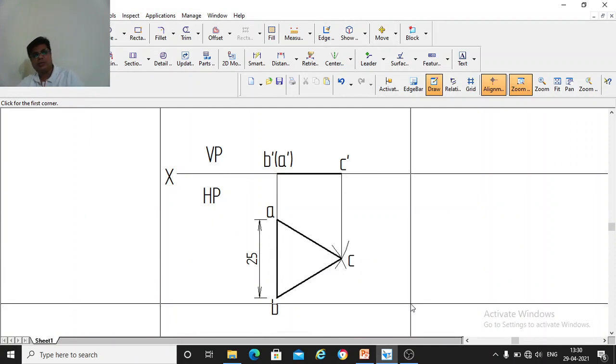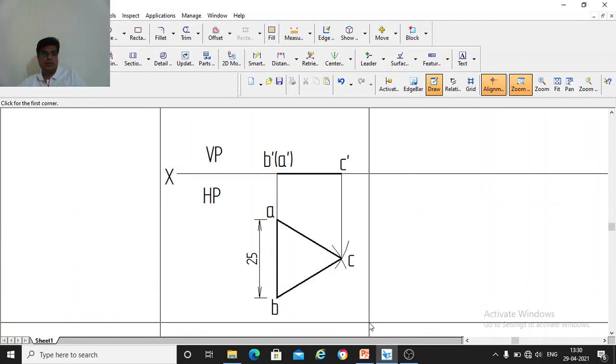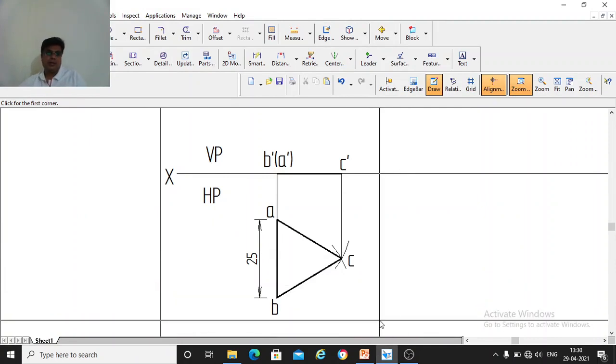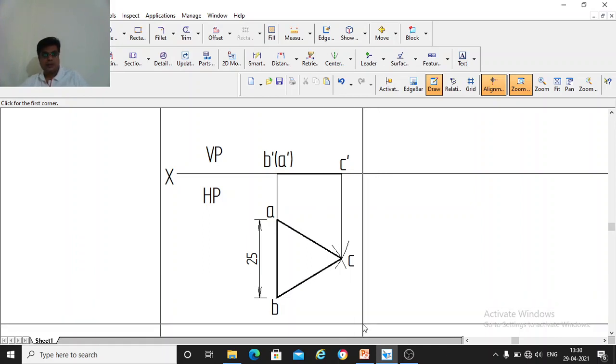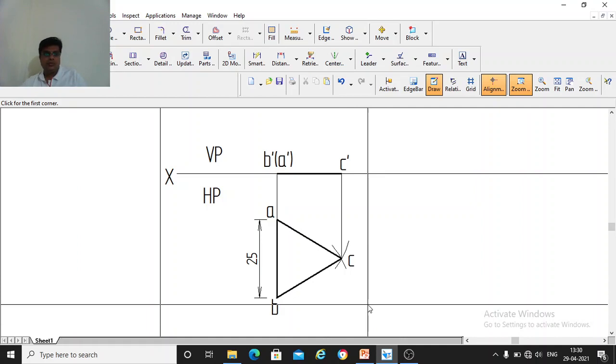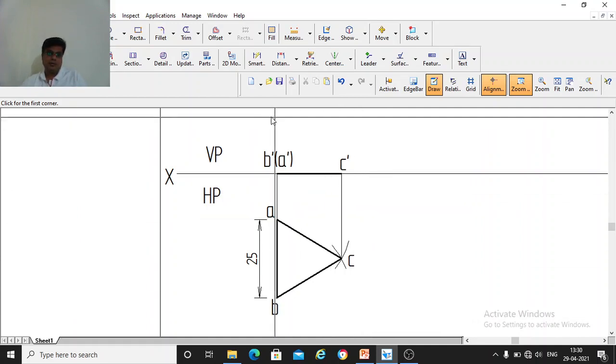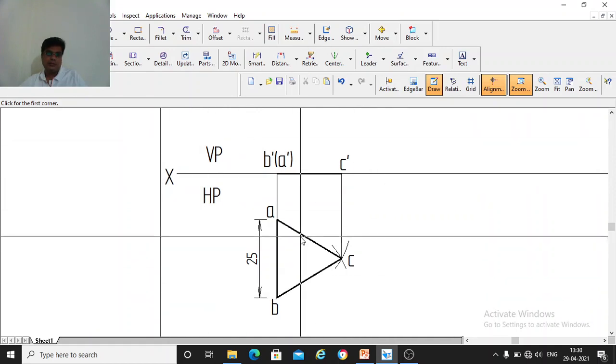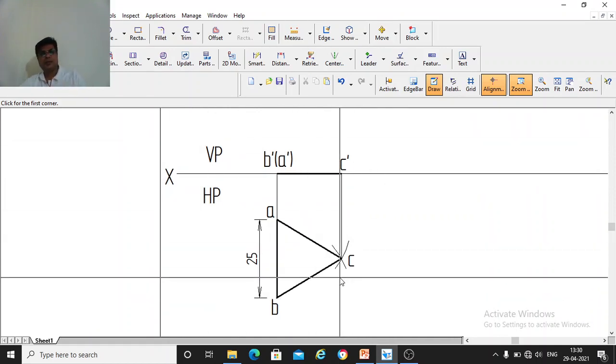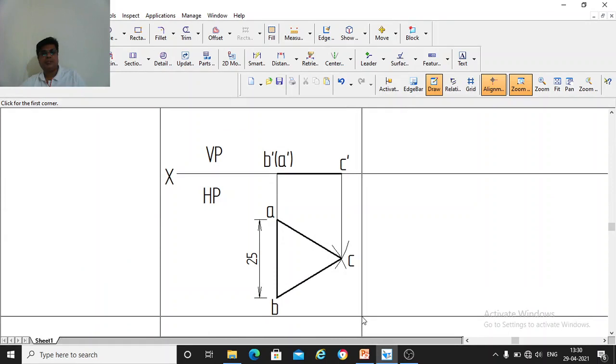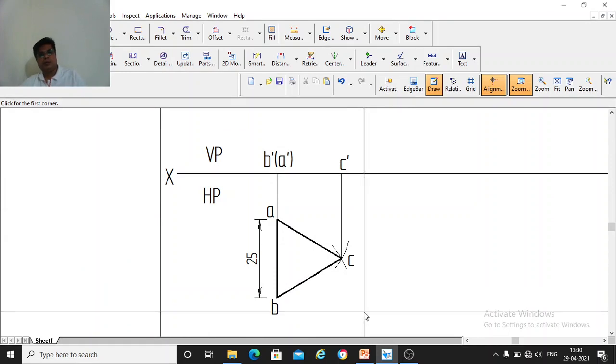I'm just showing in the software for your clear understanding. I cannot write and show here because I don't have the tools for recording. So using your pen, tool instruments and your hand, you draw all these things neatly. So this is the first step, the initial step in solving this particular problem.